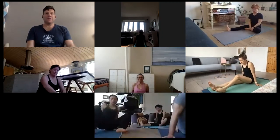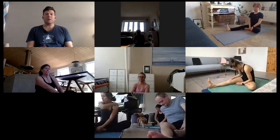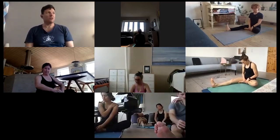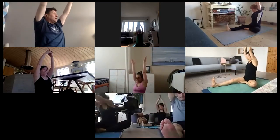Take your right leg out to the side and your left foot, push your left foot against the inside of your right thigh. Pay close attention now that you're really pushing your foot against the thigh. So you make pressure with your foot pushing against your thigh. Take a deep inhale, lift up, stretch your arms up towards the ceiling, turn to the right, reach forward and